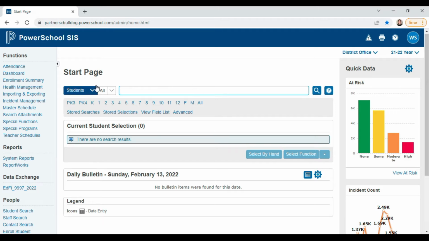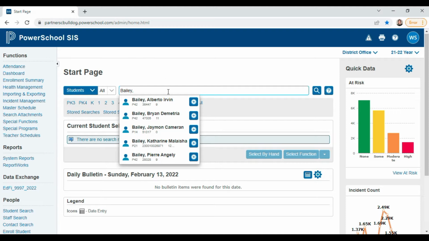So to find out if the student already exists, I can use this search feature at the top of the start page here, and I'll make sure that students is selected because I'm looking for a student record, not a staff member, not a student contact. So students is selected. And now I happen to know that there's a student in this sample district. And by the way, this is a test server, so this is not a real student or district, but we'll imagine that it is. I happen to know that there's a Brian Bailey in this district. And sure enough, let's try typing in Bailey.